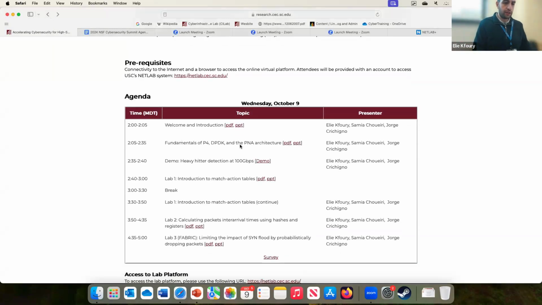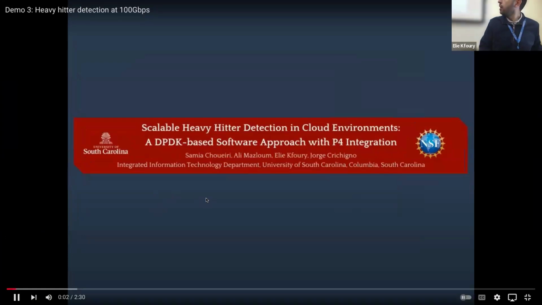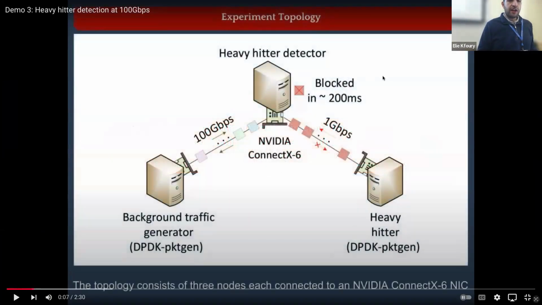Before we get started with the hands-on, I just want to show here a quick demo. So this is an application that we did on P4-DPDK. This was Samia's work. Again, she's a PhD student. She just started. We are trying to use P4 and DPDK for scalable heavy hitter detection. Heavy hitter is simply a flow that is transferring a large number of packets at a given time. And this is the setup that we have. So the idea is that you have in the middle here the heavy hitter detector. There's a physical NIC, and then